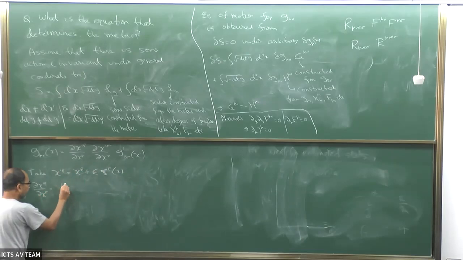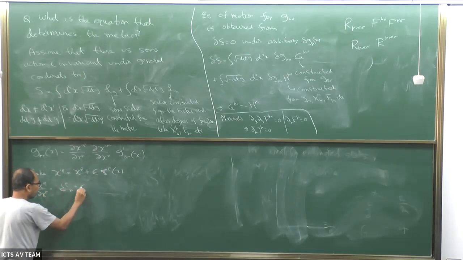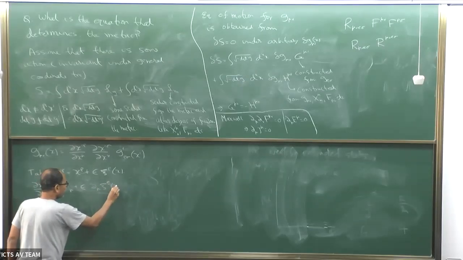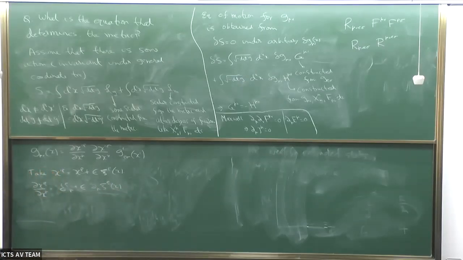This will be delta rho mu plus epsilon, right? We just take a derivative with respect to x mu. Okay, and now we are going to substitute that. So you get G mu nu as